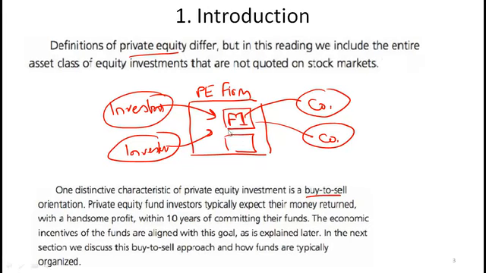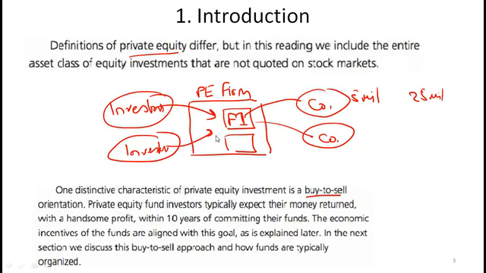The point being this, that these investors who are putting money in the fund typically have the orientation that with this money, we will invest in various companies, and then within a few years, we will sell these companies at a huge profit. So for example, when we invest in this company, let's say the value of the company is 5 million. We are hoping that 5 years later, this company will be worth, say, 25 million. So we will then get our money back at a handsome gain. That's the big picture.